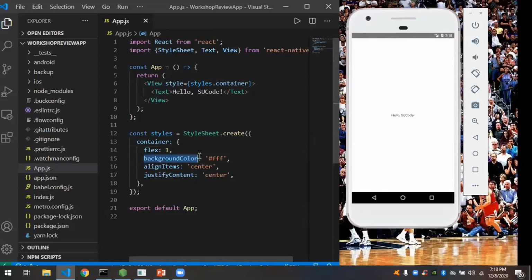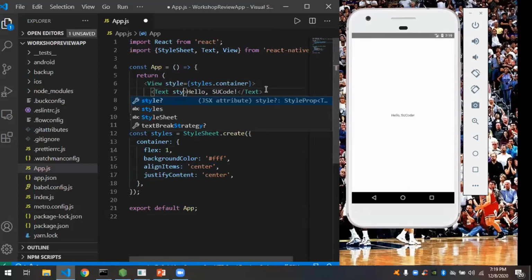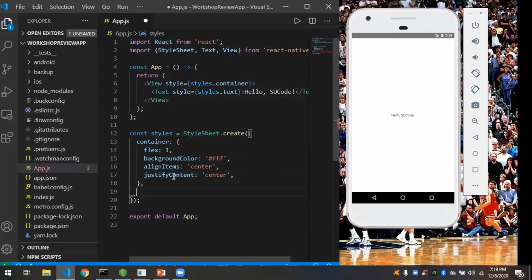We pass a background color, and this is white. As you can see, it's white. Align items center and justify content center are just used to center in the middle of the screen any components that you pass as children to the View component. Text, as you can see, you just pass between it the text that you want to print to the screen, and it can take properties as well, like style, as I mentioned. We could say styles.text, and we could create a new property for that text over here. For example, if we wanted to color it